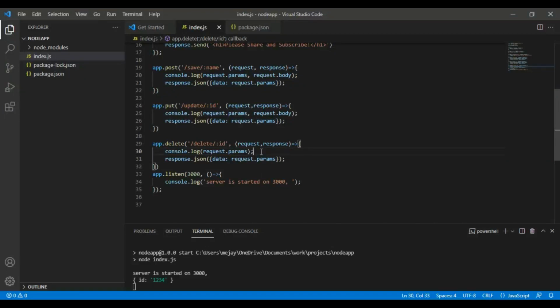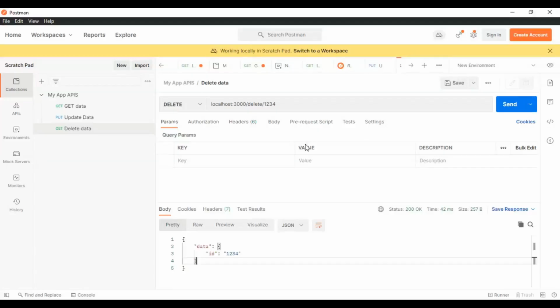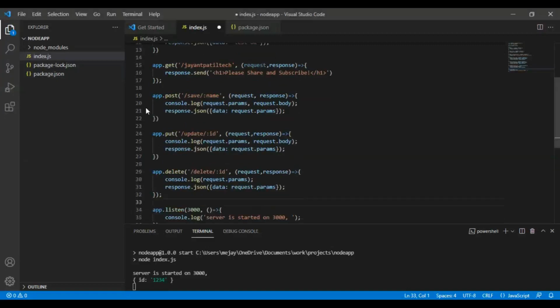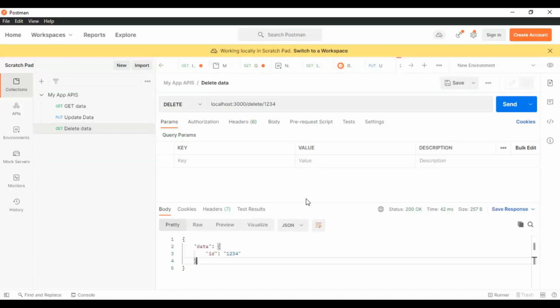the record and delete it. It's very easy to build all the REST APIs in Express, and it's very easy to test all the APIs in Postman. So we have seen the get, put, post, delete methods, which are commonly used during development or in an application.